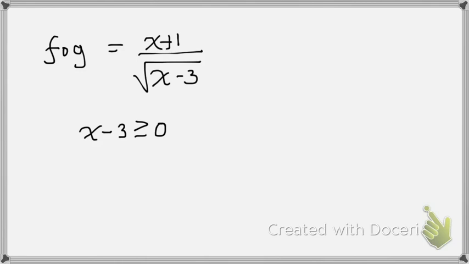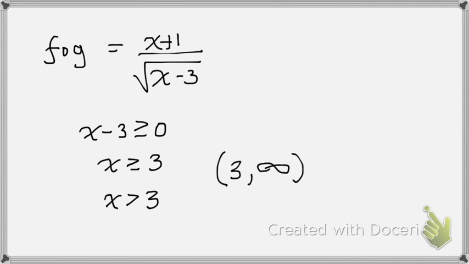So if I just took into account the radical, then I would be saying x is greater than or equal to 3. But I can't have x be equal to 3, because if I have x equal to 3, then I'm going to have 3 minus 3 is 0, and I'm going to have a 0 in the denominator. So in addition to using the radicand to limit myself to x is greater than or equal to 3, I also have to eliminate the 3 from here. So I'm actually going to say x is greater than 3, and my solution is going to be 3 to